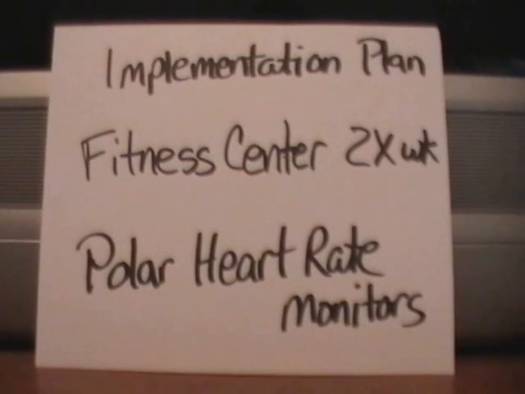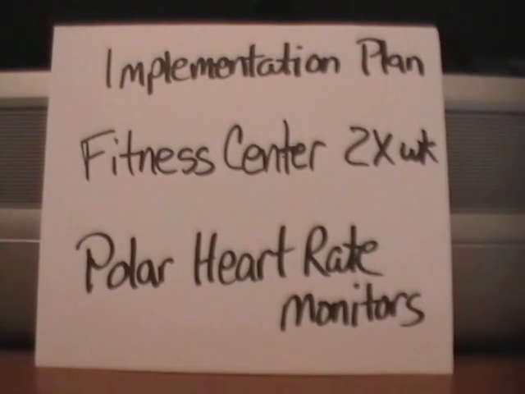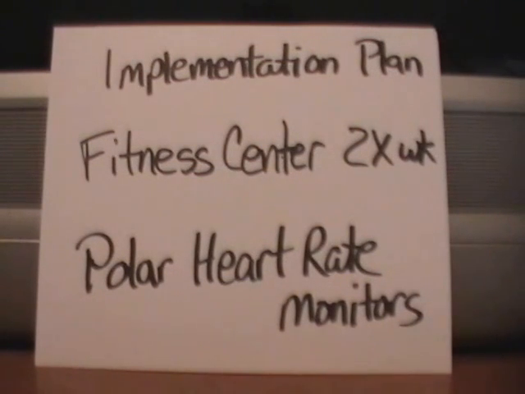When in the fitness center, students will follow a designed workout 2 times a week. They will get a minimum of 2 20-minute cardiovascular sessions using a treadmill, elliptical, or stationary bike. They will wear their Polar heart rate monitors that communicate with the equipment, and I will monitor each student's progress through the Polar app on my iPad.